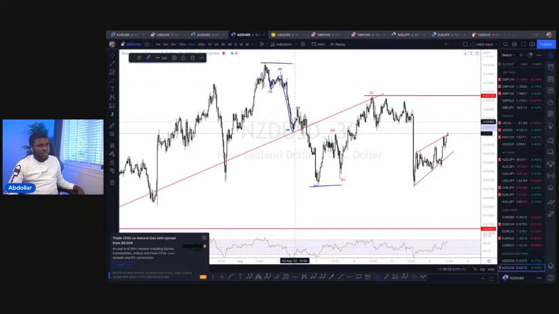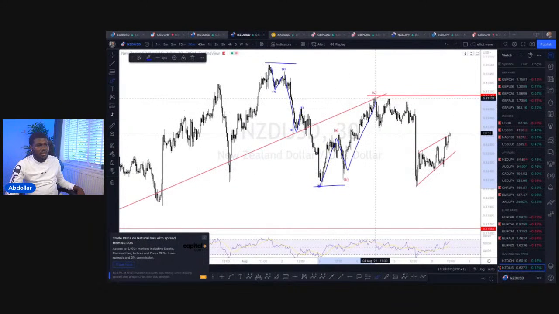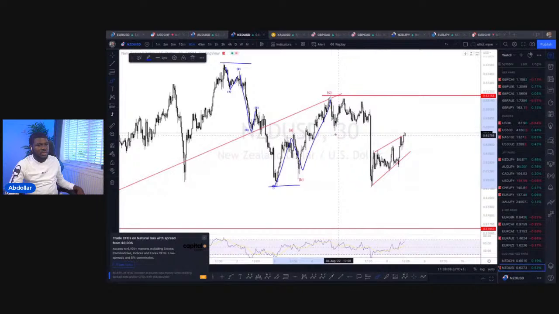wave 3, and this is wave 4. 1, 2, 3, 4, 5, making up wave 5. Good. Then you have an A, B, C scenario to the upside. That's a correction. Then ideally it should be followed by an impulse to the downside as continuation. But right here we have just wave 1, wave 2, 1, 2, 3,